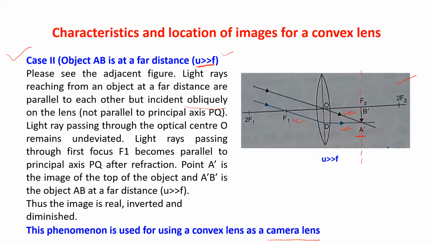This diagram can also be drawn when the question is whether we can burn a paper with the help of a convex lens. Yes, this diagram can also be drawn in that case. The paper can be kept at the focal plane. If it is so, then the image will form at the focal plane and it can burn the paper.